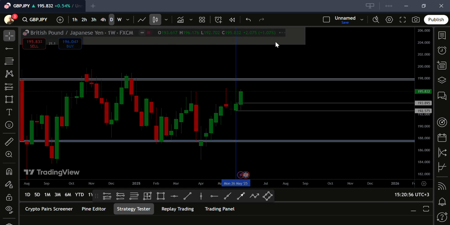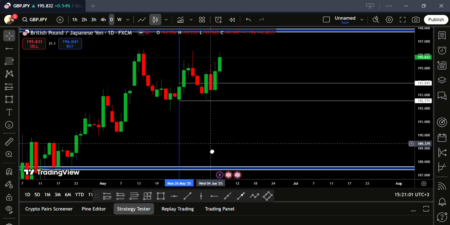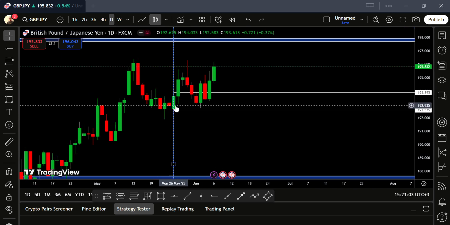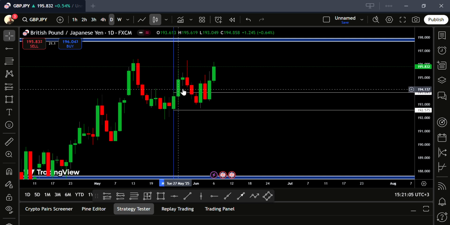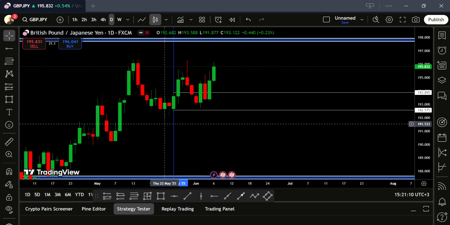Go down to the daily time frame. So after going to the daily, what do you see? Remember, this week starts from here, printing the daily candles up here. On the daily time frame, the moment you reach it, you already see